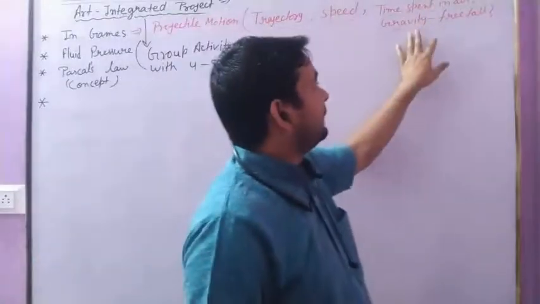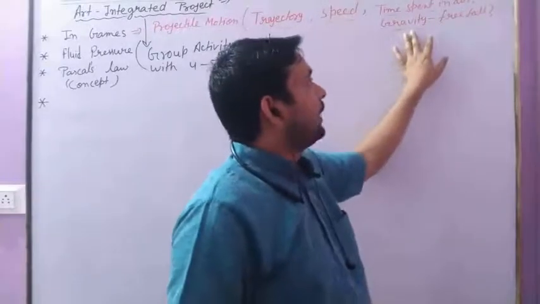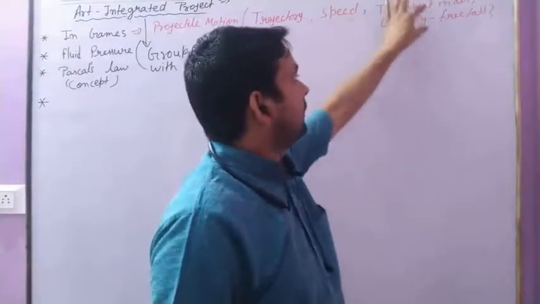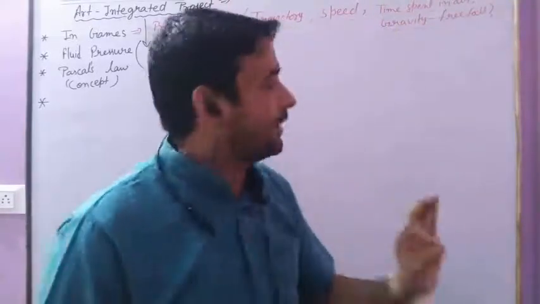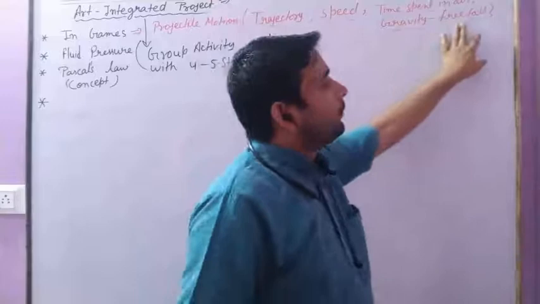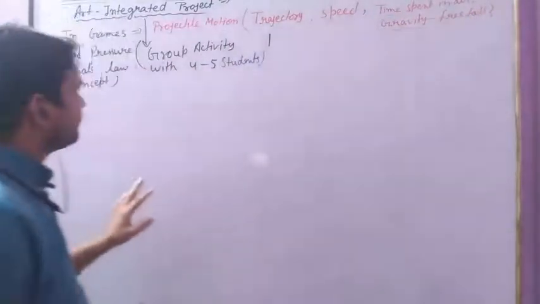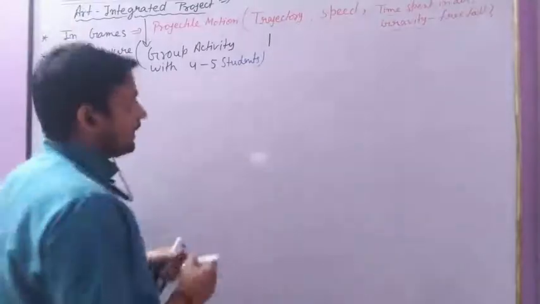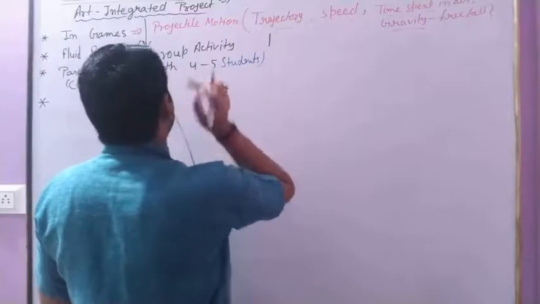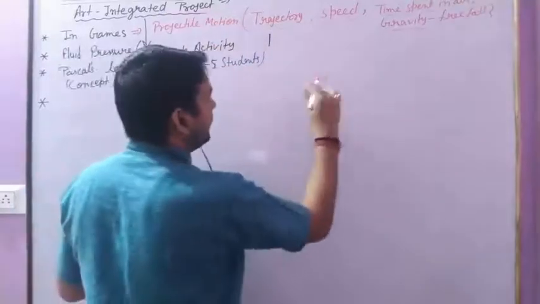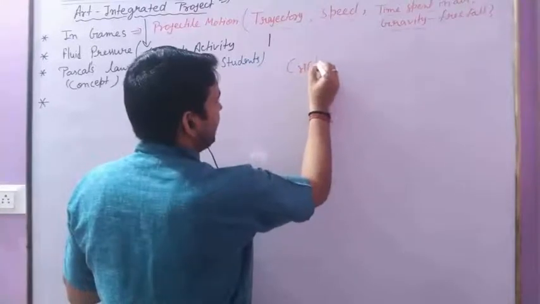And then a special condition is gravity linked with the motion of the ball, or any particular situation which is under the effect of free fall. So I will take an example to link the physics in a particular game. Let me explain